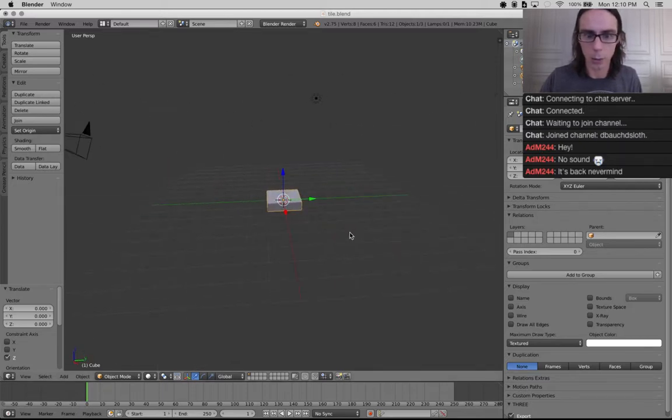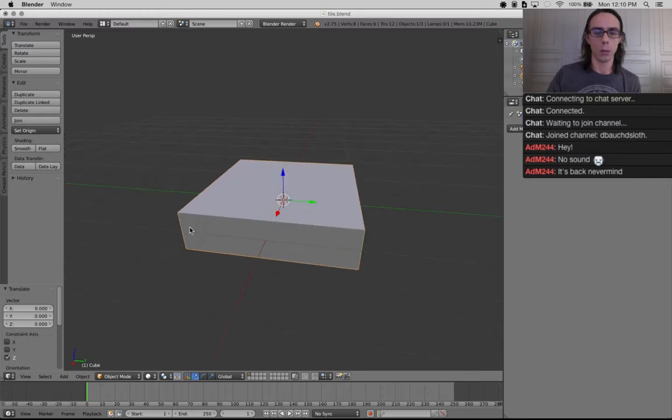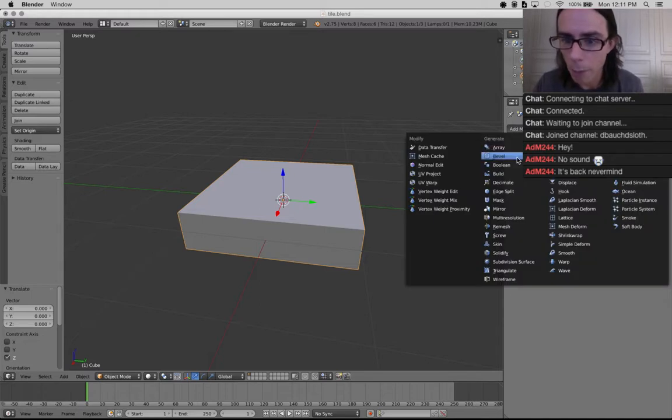Now we're also going to add one quick modifier. And modifiers, again, the point of a modifier is that Blender is only going to store, even though this is going to be beveled, it's only storing these 8 points. But you will see that as we add a bevel,